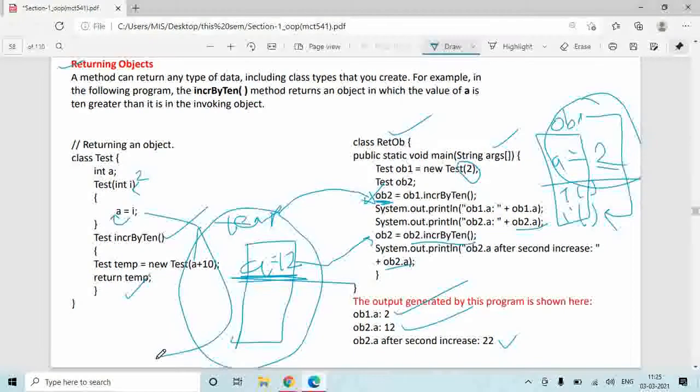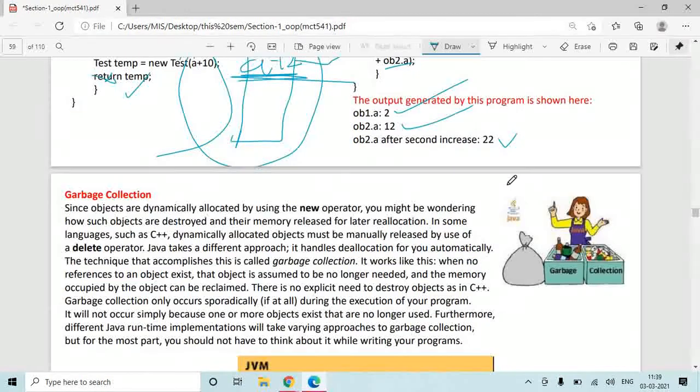If you return an integer value, you accept it in an integer variable. If you return a double value, you accept it in a double variable. If you return an object value, you have to accept it in an object. If you return a test value, you accept it in a test variable. If you return a student value, you accept it.